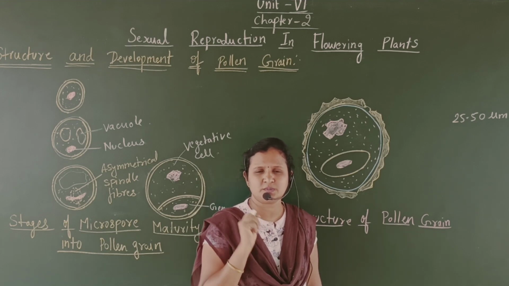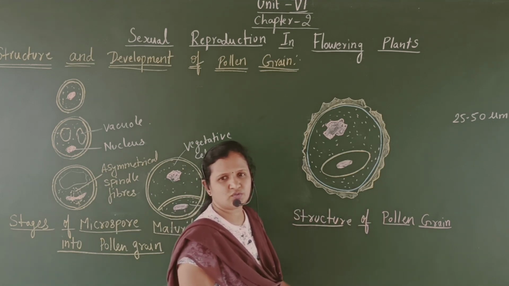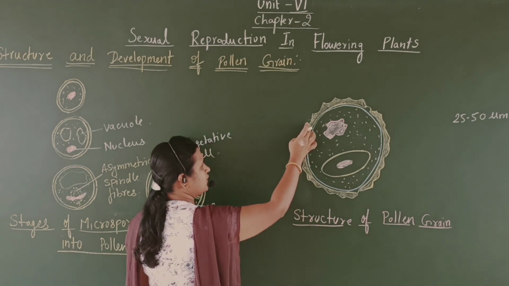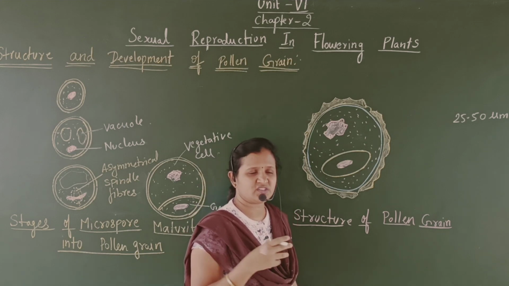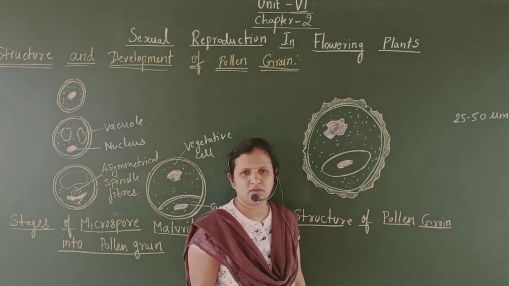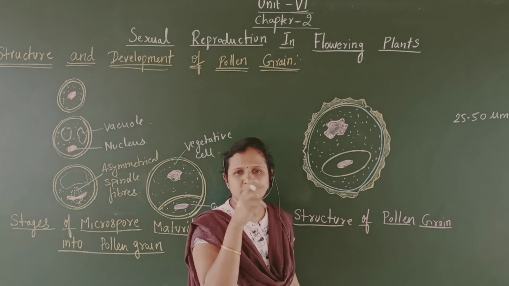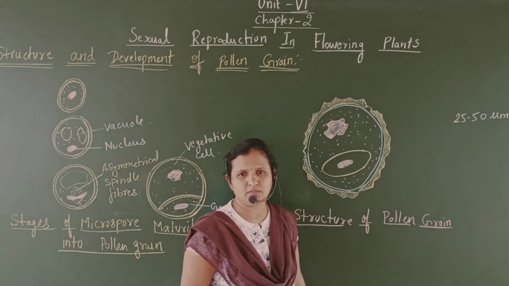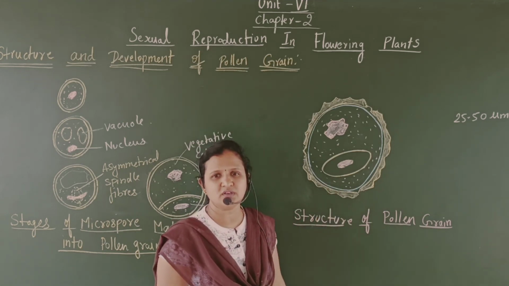That is why in the hibiscus flower we observe the pollen grains as a yellow substance. If you observe the detailed structure of the pollen grain under the microscope, outside it is made up of two wall layers. The size and shape of the pollen grain vary from flower to flower, but the basic structure remains the same. In some flowers it will be spherical, and in some flowers the pollen grain will be oval in shape. But in all pollen grains, the wall layers and the cell are the same.